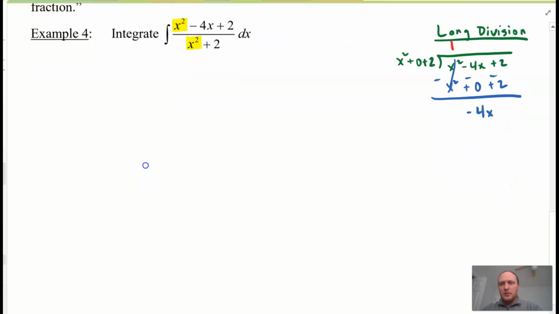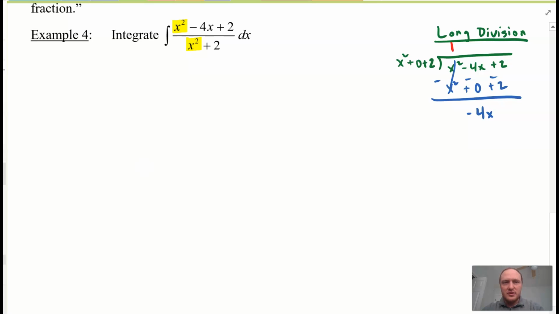Okay, so here is my quotient. This function, I'm going to rewrite, will be the integral of 1 plus negative 4x over x squared plus 2